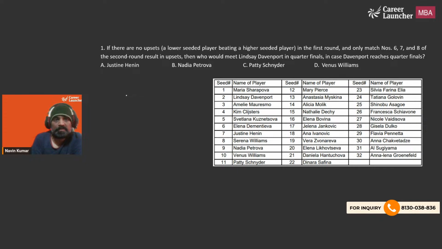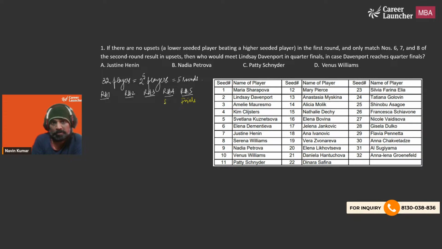Okay. So first step is, since there are 32 players, which is written as 2 to the power 5 players, that would mean there are going to be 5 rounds. The power of 2 tells us how many rounds we are going to have. So we will have round number 1, round number 2, round number 3, round number 4, round number 5. Now the last round is going to be called finals, where there are going to be